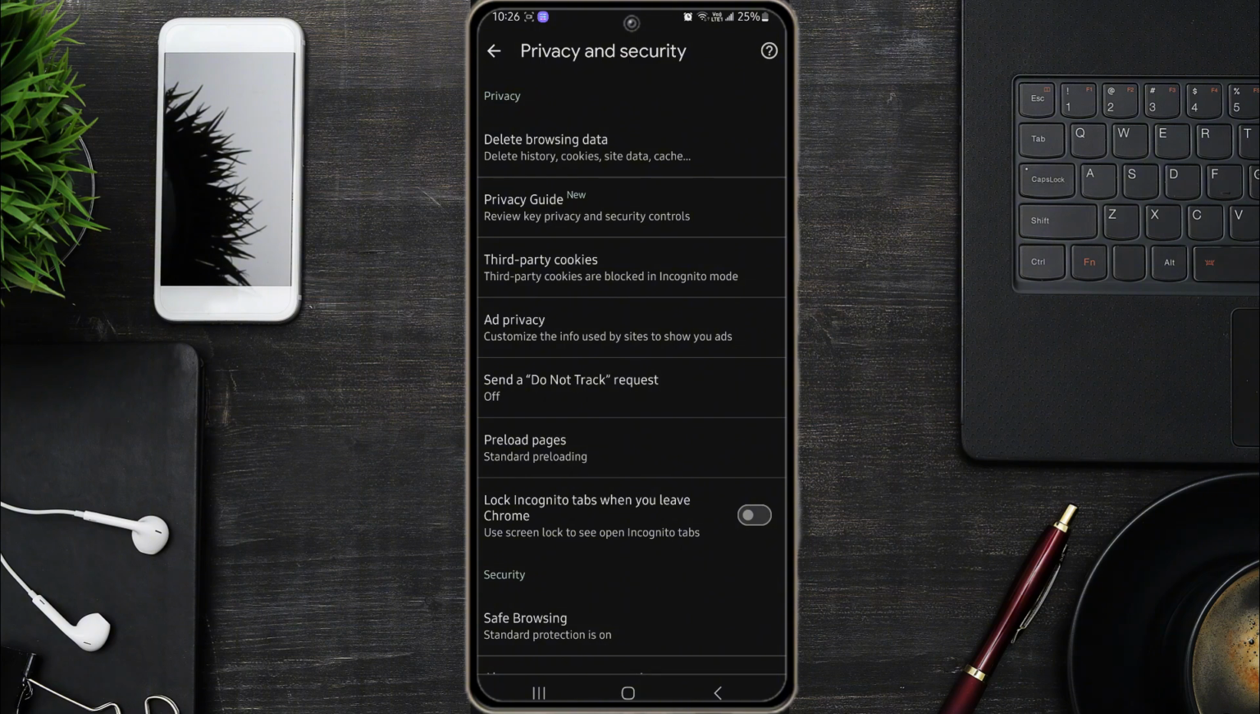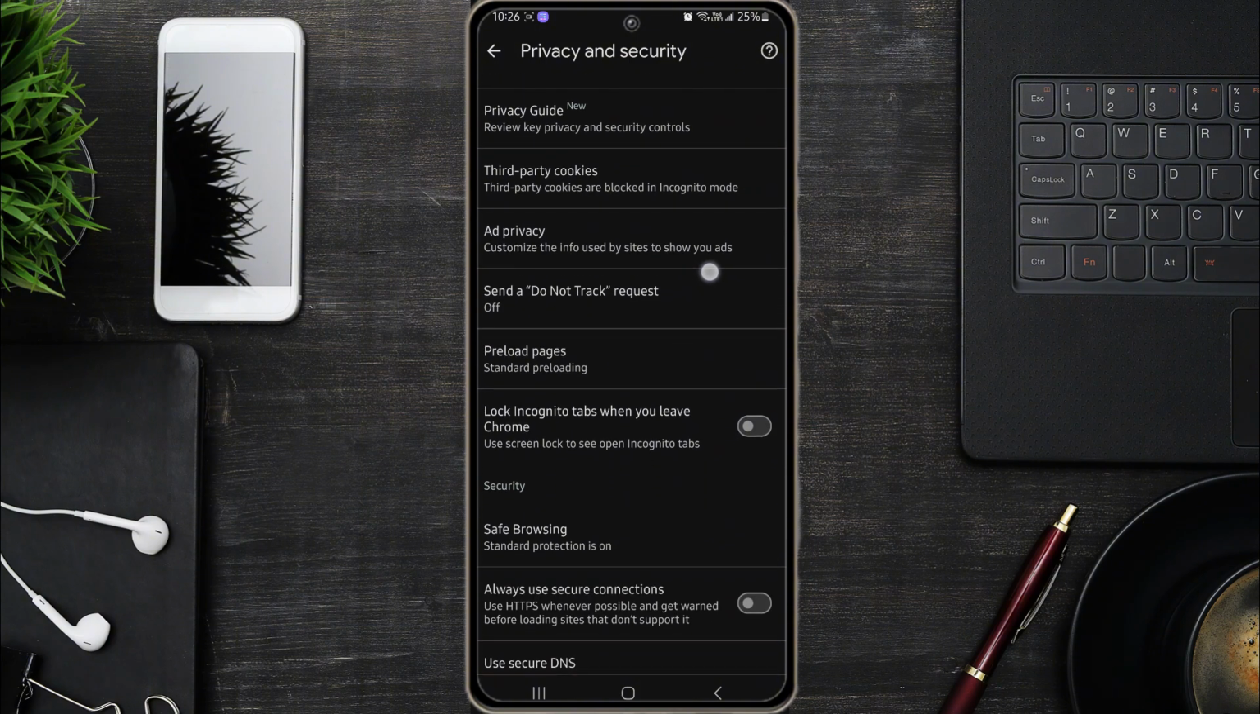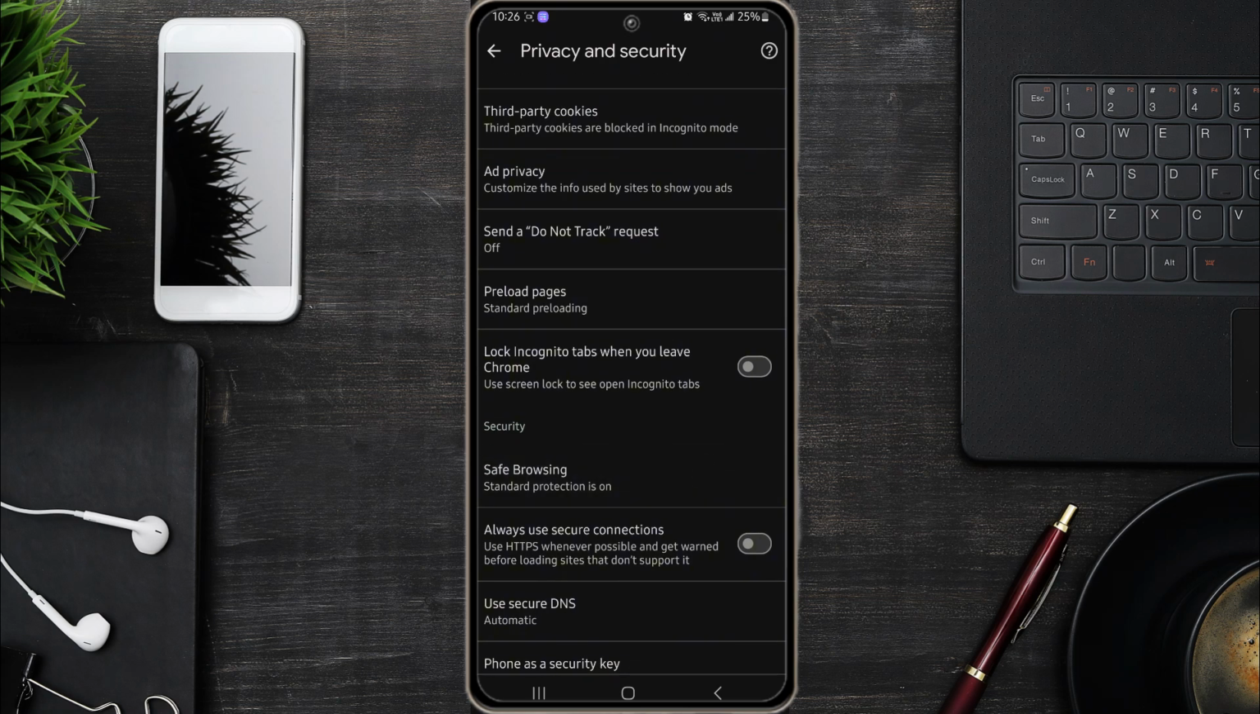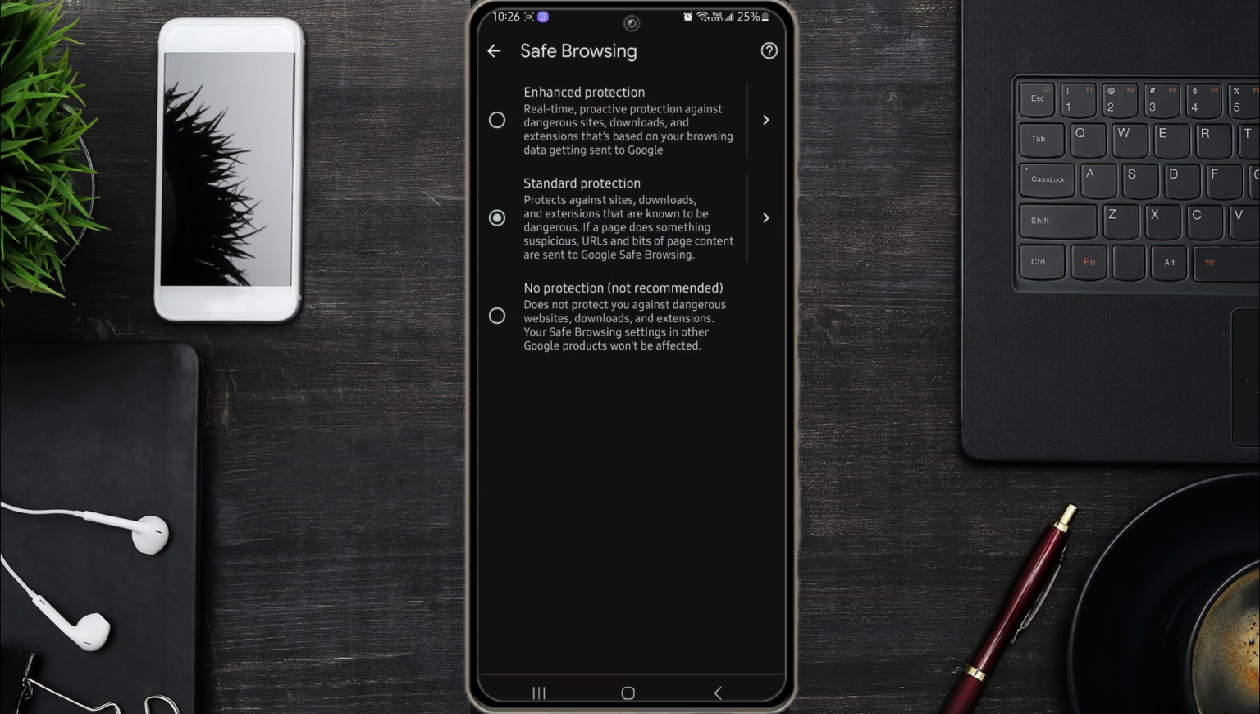So after going to privacy and security, you have to scroll a little bit and you have to find the option called safe browsing. This is the option. You have to click on this option, safe browsing. After doing so, this will be on standard protection or enhanced protection. What you need to do to turn off the safe search on your Chrome browser, you have to click on